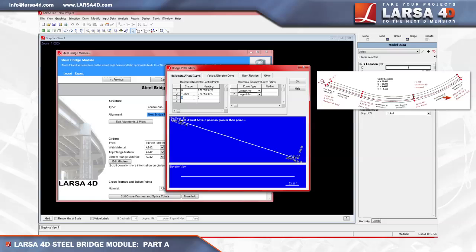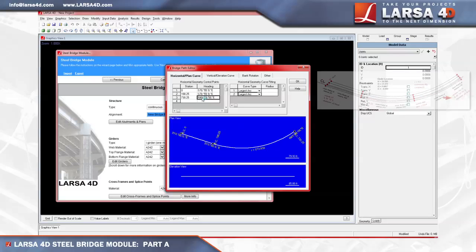The last station to define will be at 730.25 feet and will comprise the end of our bridge model, serving as the endpoint for the curve, and have a heading of 49 degrees, 24 minutes, and 58 seconds northeast. When entering headings, the user must leave spaces in between degrees, minutes, and seconds, which the program uses to identify